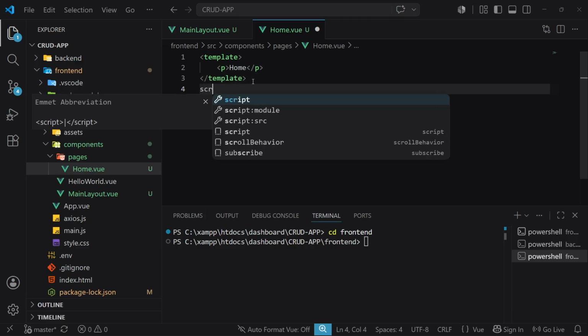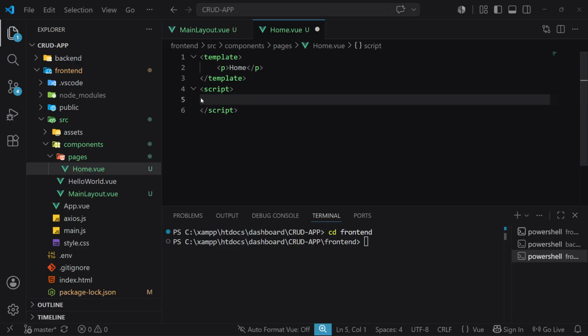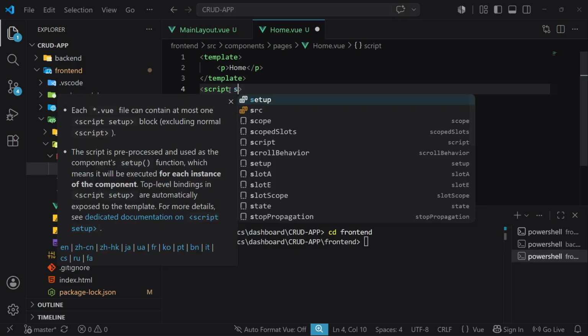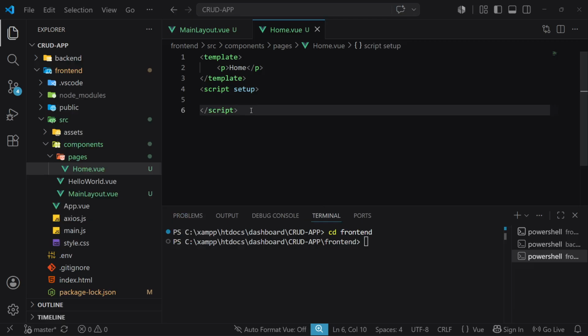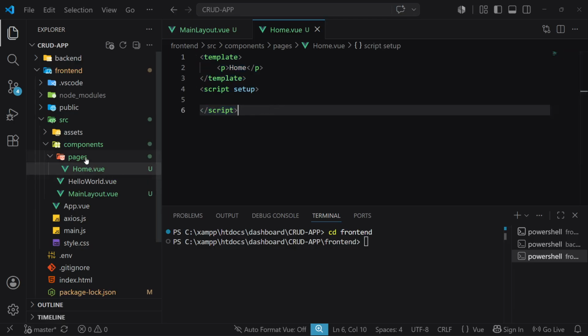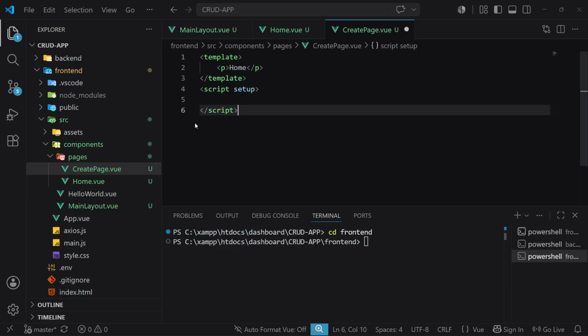Then the script has to be there. No, we are not using options API. We're using setup for composition APIs. Then save. For that, we can just copy this and we'll use it on this page. Another file we're going to create is the create page, where we're going to create the user information, and then we can rename this to create